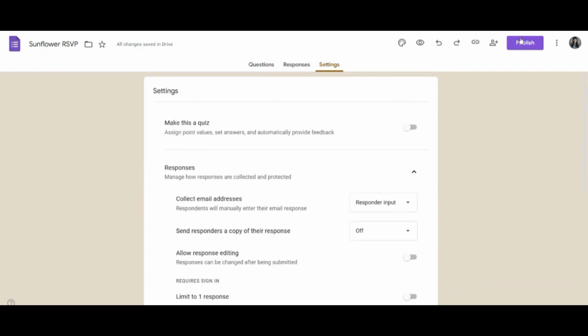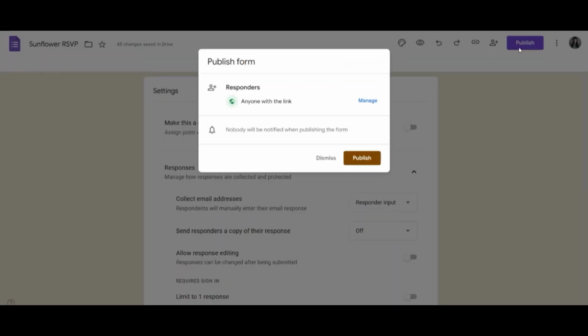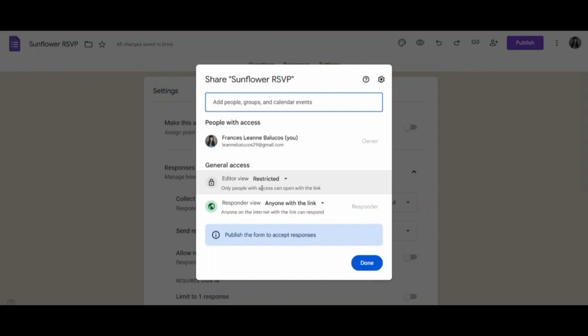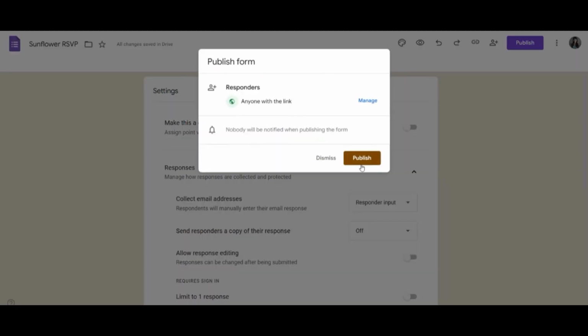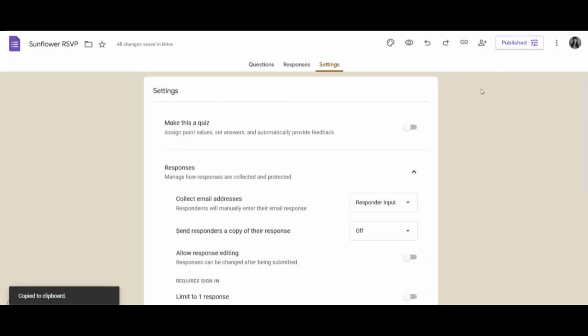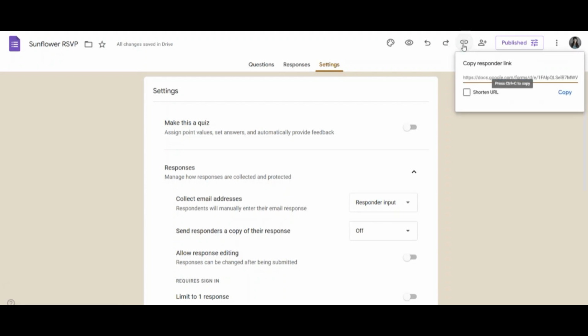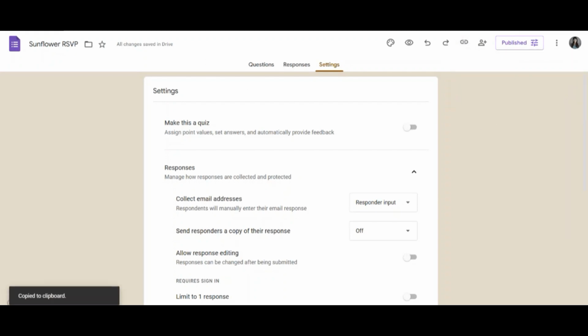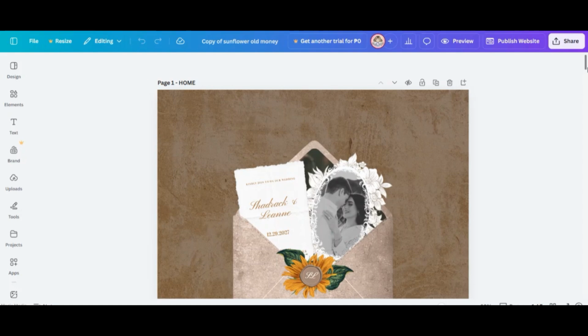So okay, we're done, and then we have to publish. Click manage. So editor view is restricted, and then responder view is anyone with a link, and then publish. Okay, so we're done, and then copy the link. You can copy the link here by clicking this icon here, like that, and then copy. And then paste it